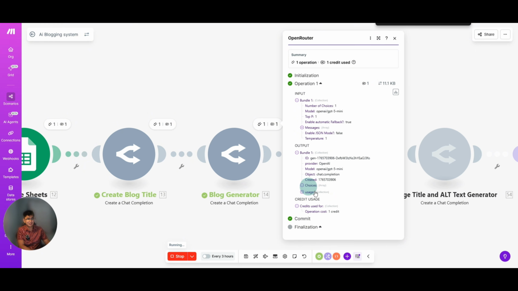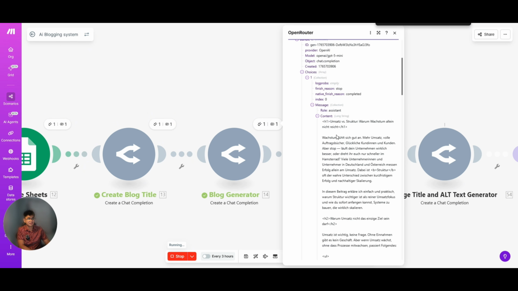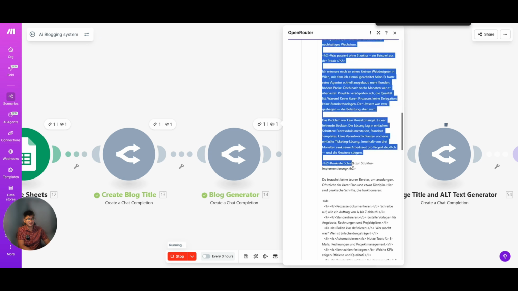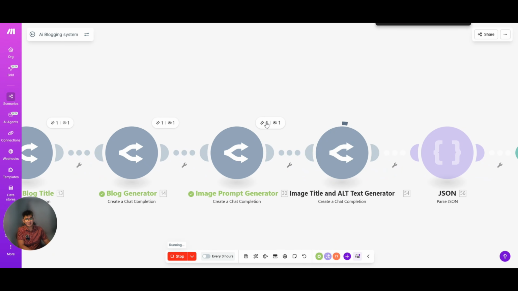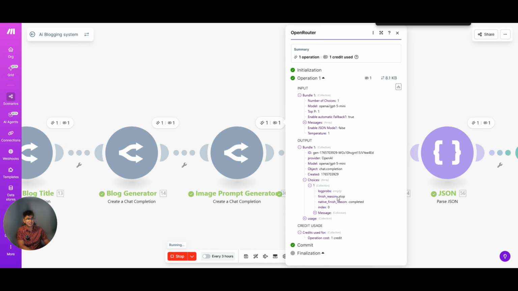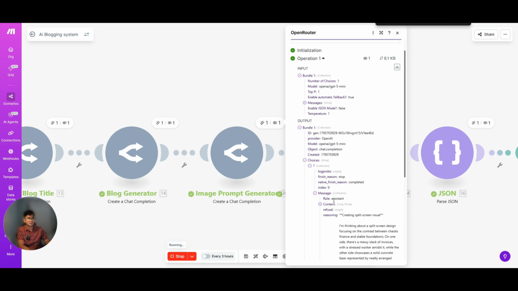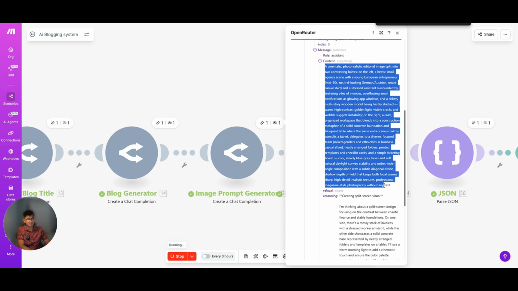Let's check the blog output generated. Yeah, it's well structured with the HTML tags on it. And for the image prompt generated, let's check it out. Yeah, it is a polished image prompt.